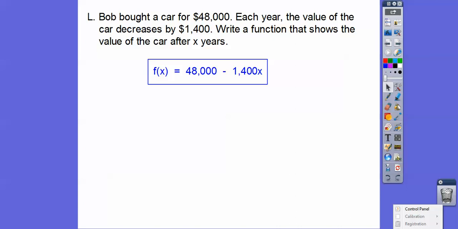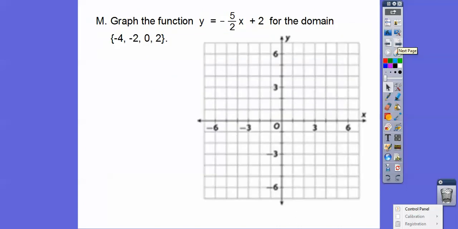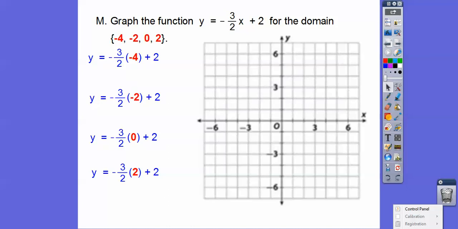So x is the number of years right there. Okay. All right, so let's graph this function for the domain. Now our domain is restricted to just these x values, so we have to plug in negative 4 next to the x, negative 2 next to the x, then 0 next to the x, and then positive 2 next to the x. This 2 right here goes into negative 4 negative 2 times,